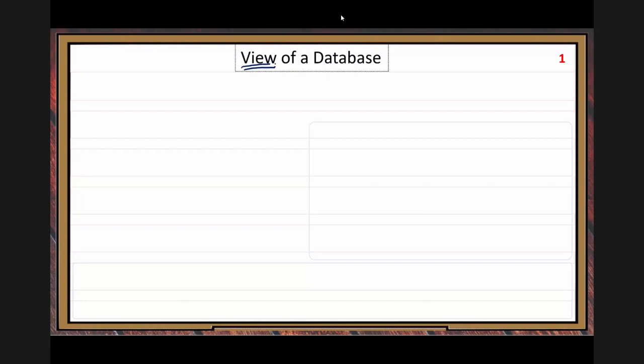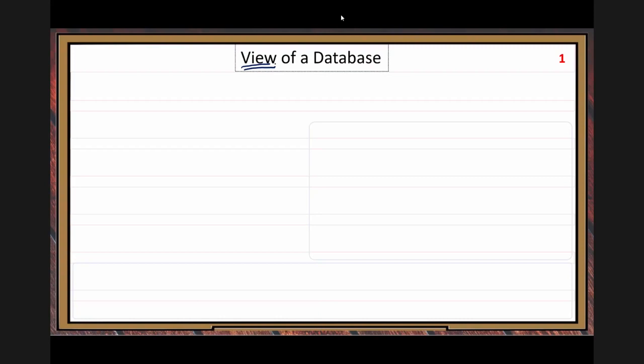We know the view, if it's not in the database context, we view something, some special display way, that's the view. But here, the view in database has another special meaning. That's the virtual table.